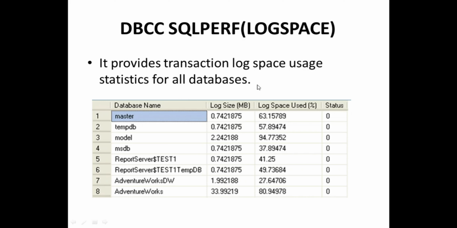Now, what is transaction log space usage? As we know, whenever you create a database, that database has a data file and a log file. The log file is used to collect information about the transactions which are taking place inside the database before they are finally written inside the data file. Whenever it writes a new transaction, it gets consumed, because the free space inside the log file continues to get reduced as more transactions get processed inside the database.